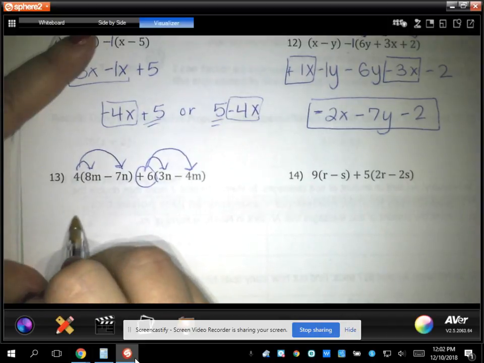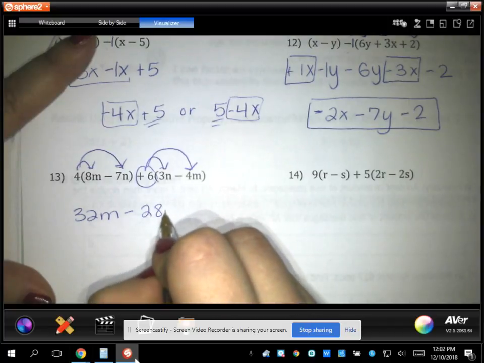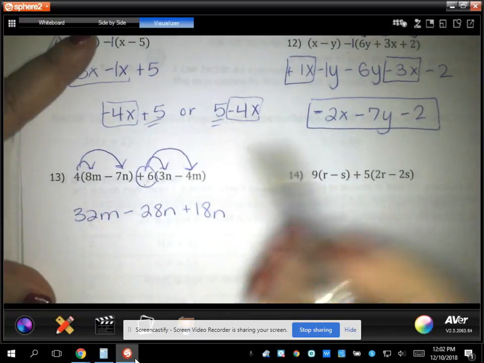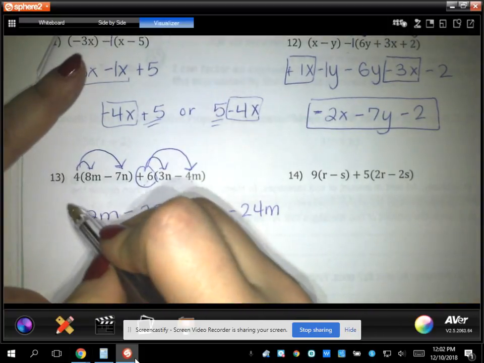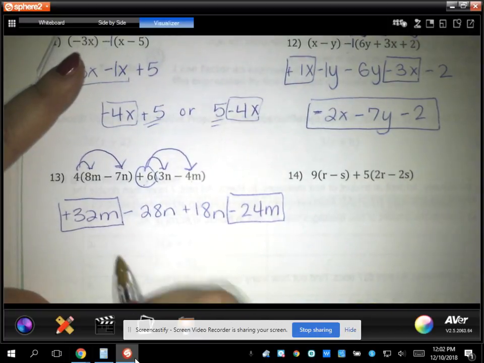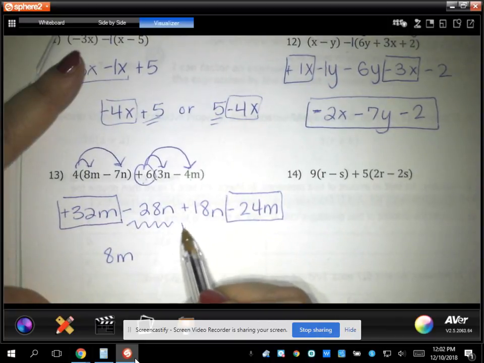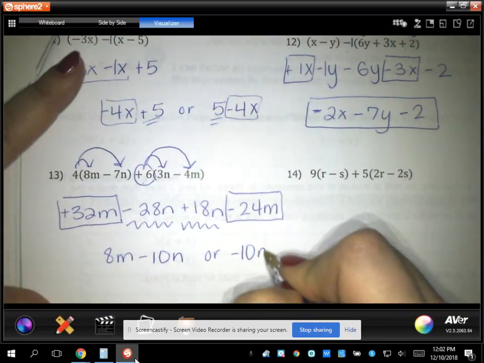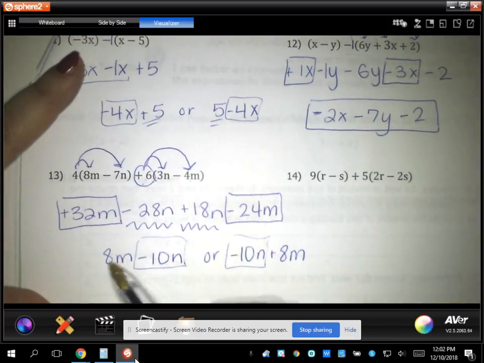So let's see, 4 times 8m is 32m, minus 4 times 7n is 28n. 6 times 3n is +18n, and 6 times -4m is -24m. Okay, now I can combine like terms. So I have a +32m and a -24m. That would give me a +8m. And then I have a -28n and a +18n, so that's a -10n. Or I could write this as -10n plus 8m, because either way, the 10n is negative and the 8m is